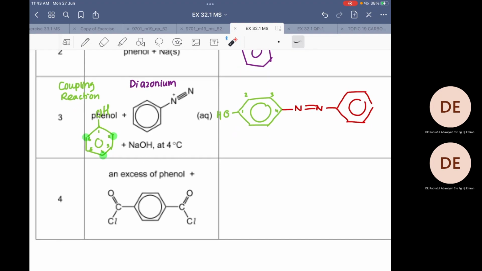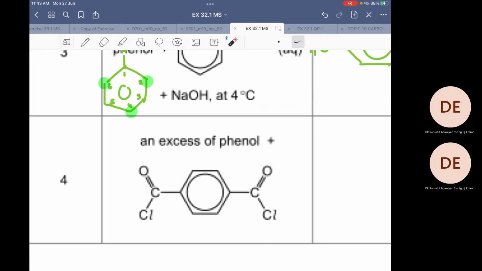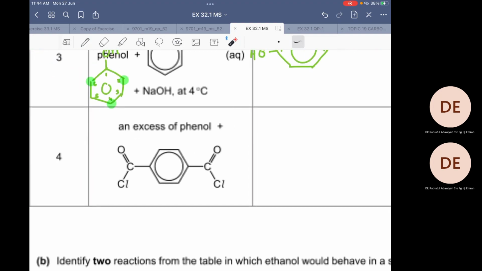Reaction 4. Can anyone tell me the type of reaction? This was actually not covered in phenol, but covered in carboxylic acid. What reaction is this? Esterification, or there's another name? Condensation, okay? Or the type of mechanism is elimination reaction. So here we have an esterification process, or sometimes called condensation. If you want to look at the mechanism, it is the addition